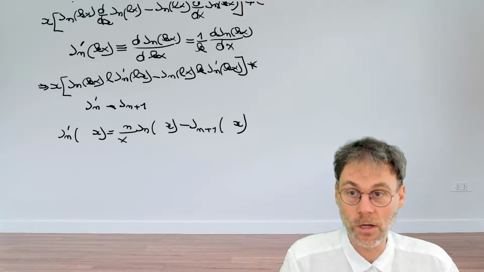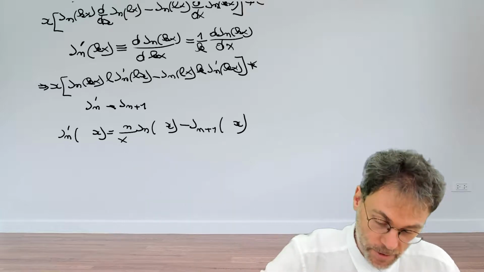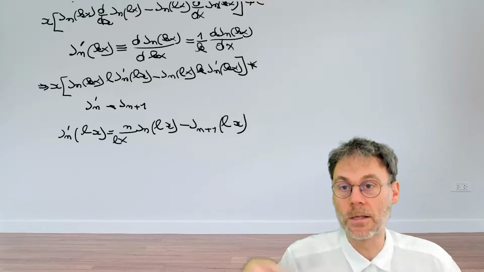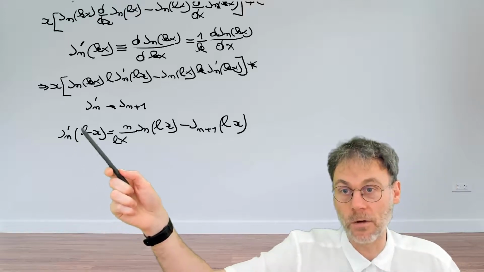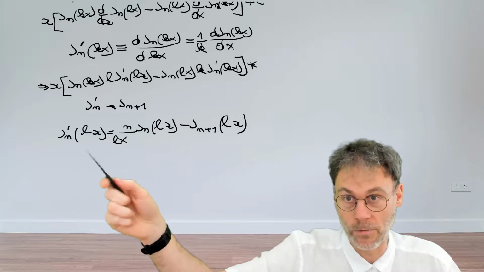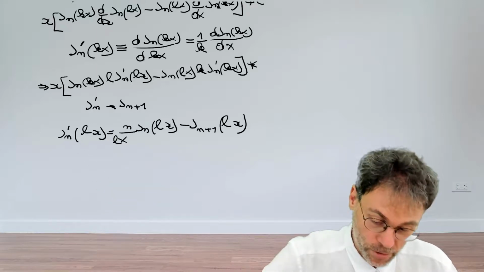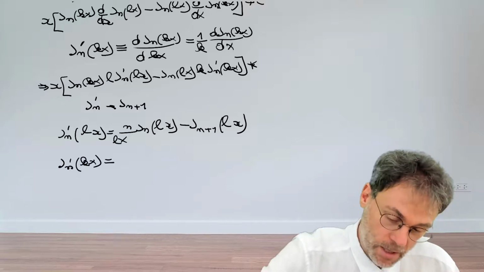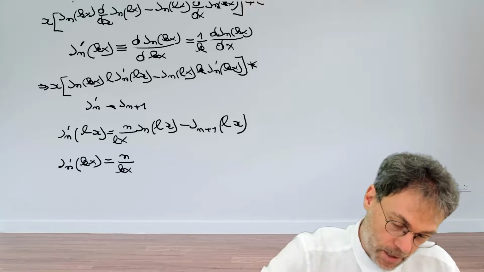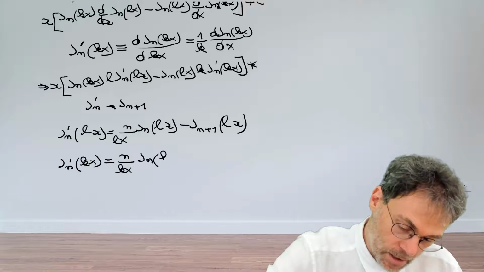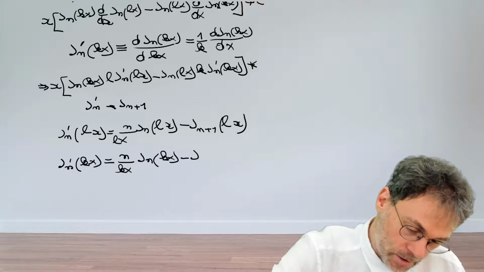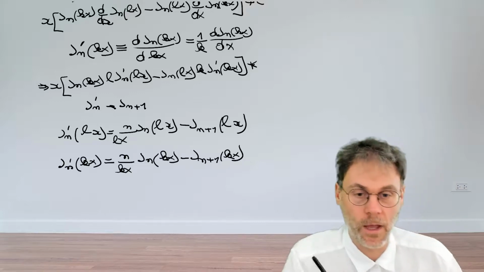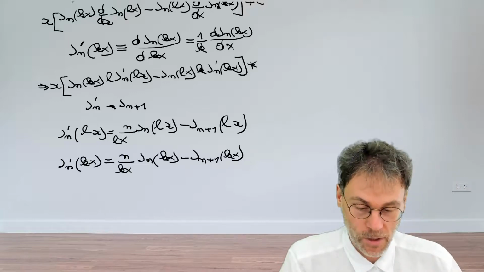So what we can do here is we can replace x simply by Lx, and then everything will still keep on working, simply because by definition this is derivation with respect to the total argument. So we can call this argument whatever we want. And then of course we need the little friend here for k: n over kx J_n(kx) minus J_(n+1)(kx). Okay, this seems like a useful thing to have,